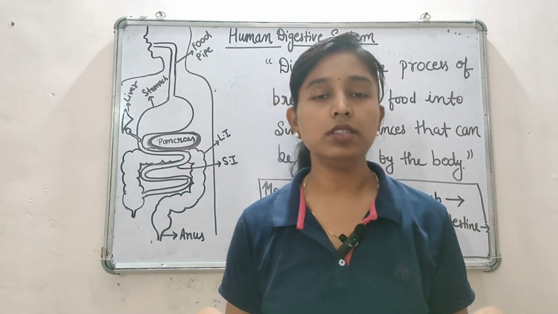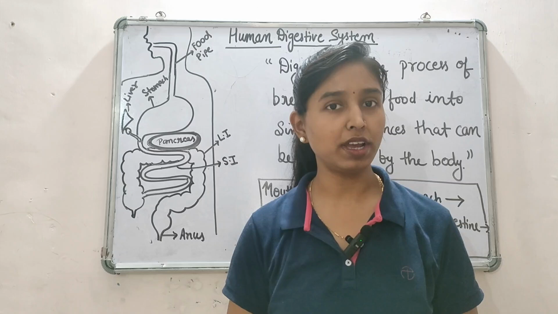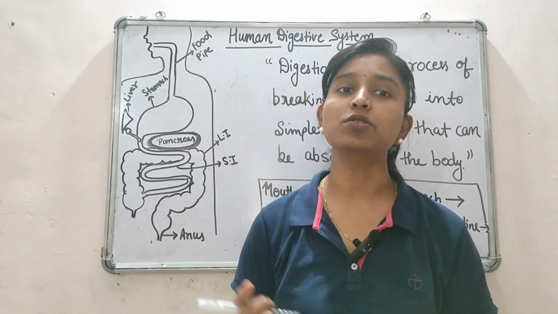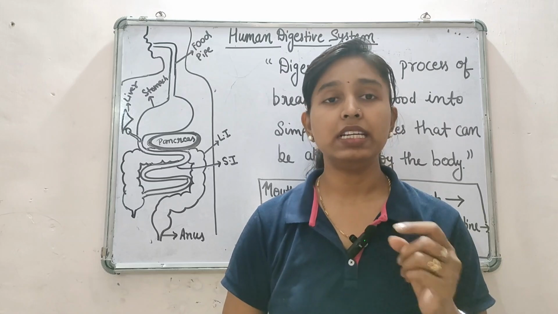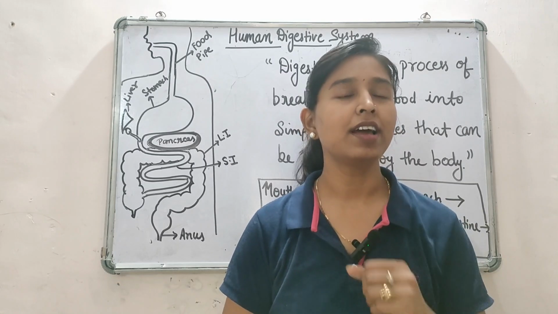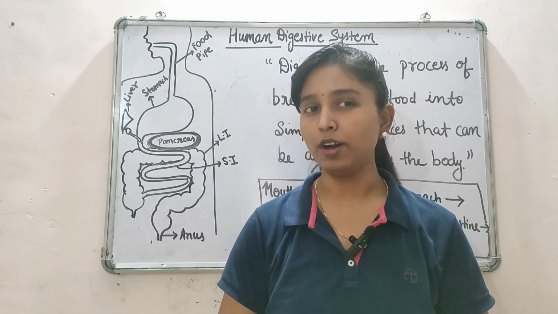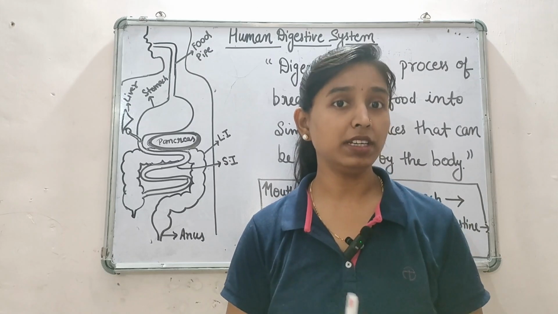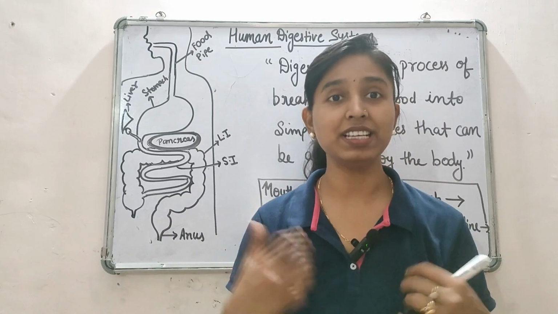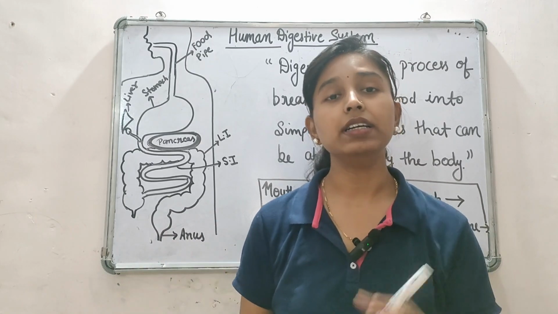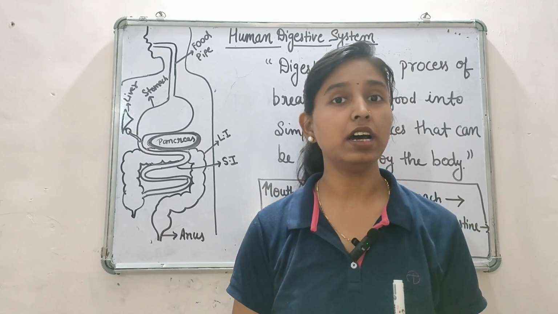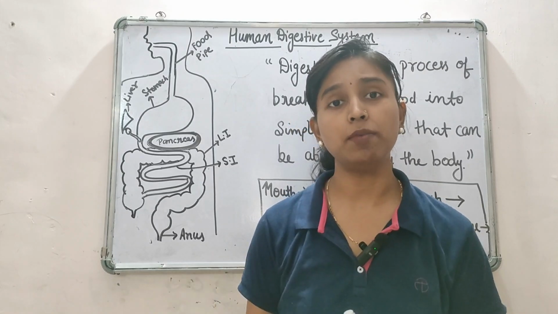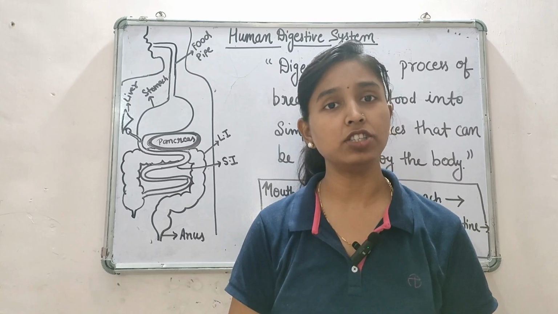One of these systems is the digestive system. In our bodies, some organs combine together to perform a digestion process, and that system is known as the digestive system. What is the digestion process? Have you ever thought about what happens to the food after you eat it? What happens to that food inside our body, how it is digested, which organs are responsible for that digestion, and which glands are responsible for that digestion?